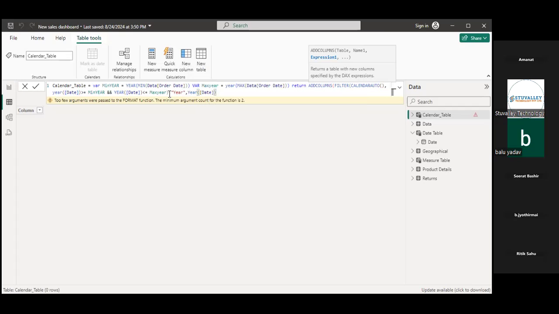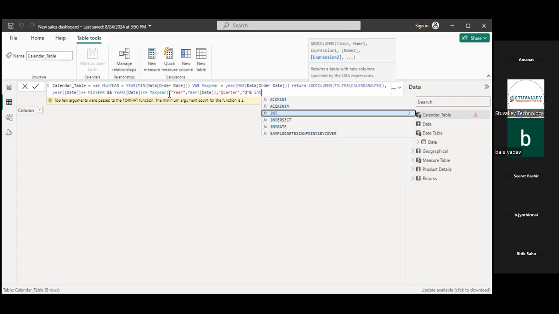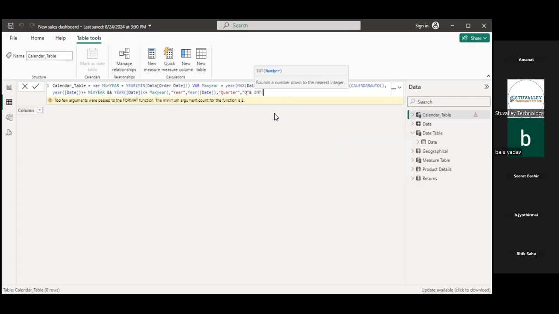There is an expression. And the second column I want is quarter. Quarter expression, what will its expression be? Expression 2, and we will combine it with what? With formatting. So what do I put here?